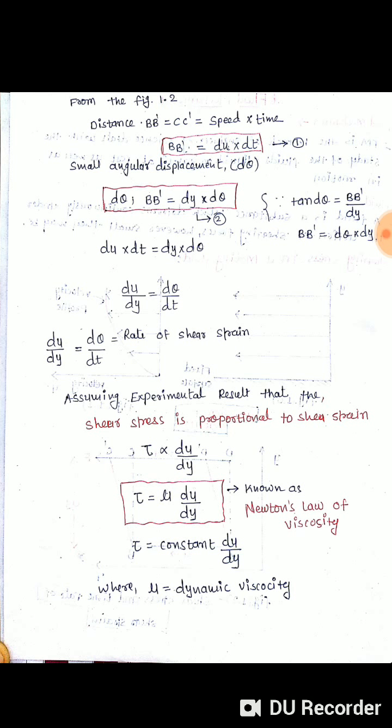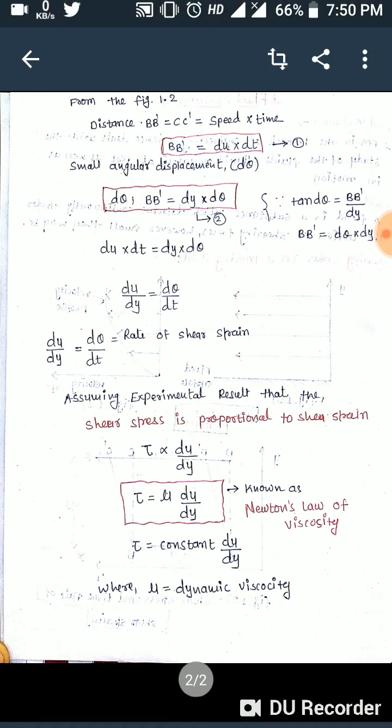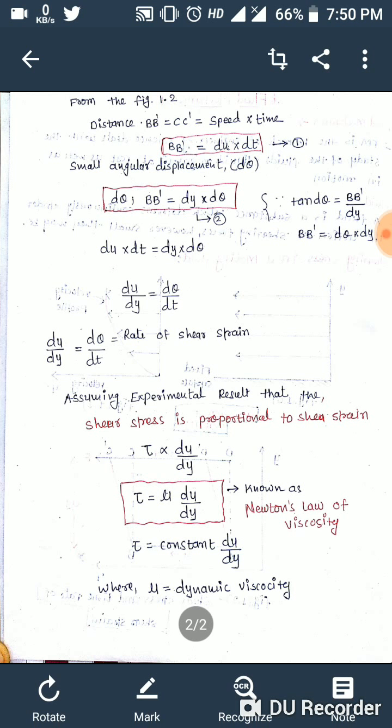Equation 1 is du into dt, and equation 2 is dy into d theta. Now compare these two equations: du into dt is equal to dy into d theta. Now the expression du by dy is equal to d theta by